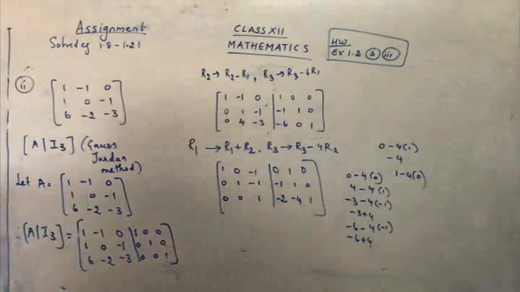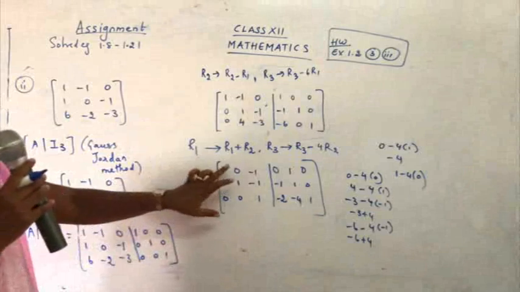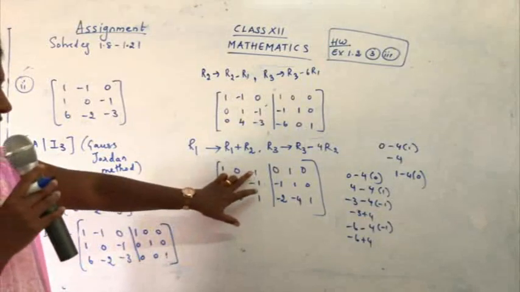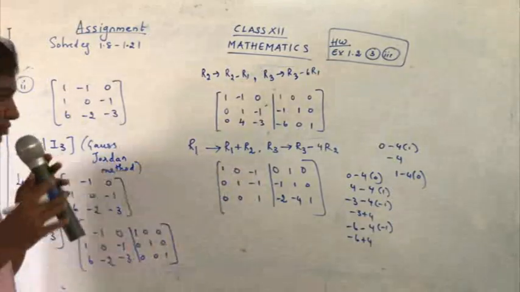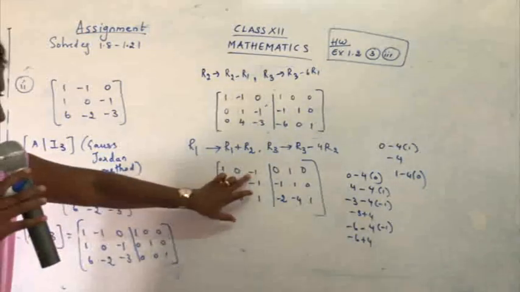Yes, children? We have completed the first column. Yes, we have got 1, 0, 0 done. Second column is also done: 0, 1, 0 done. Now what do we need over here? We need here 0, 0, 1. Let's see how to complete the sum. So we need here 0, 0. Yes, and what are the numbers over here?